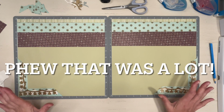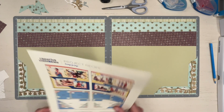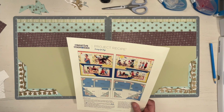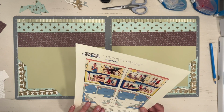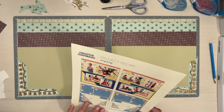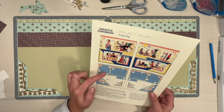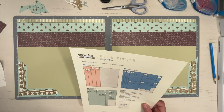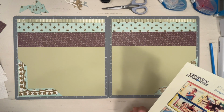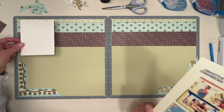Okay, I think I have this laid out enough. I did not adhere any of it yet, but I'm going to move on to what's next. Let's see. I did that, okay. Let me do up here. Let's see, I need I, G, H, J. Smaller ones. Going to go,